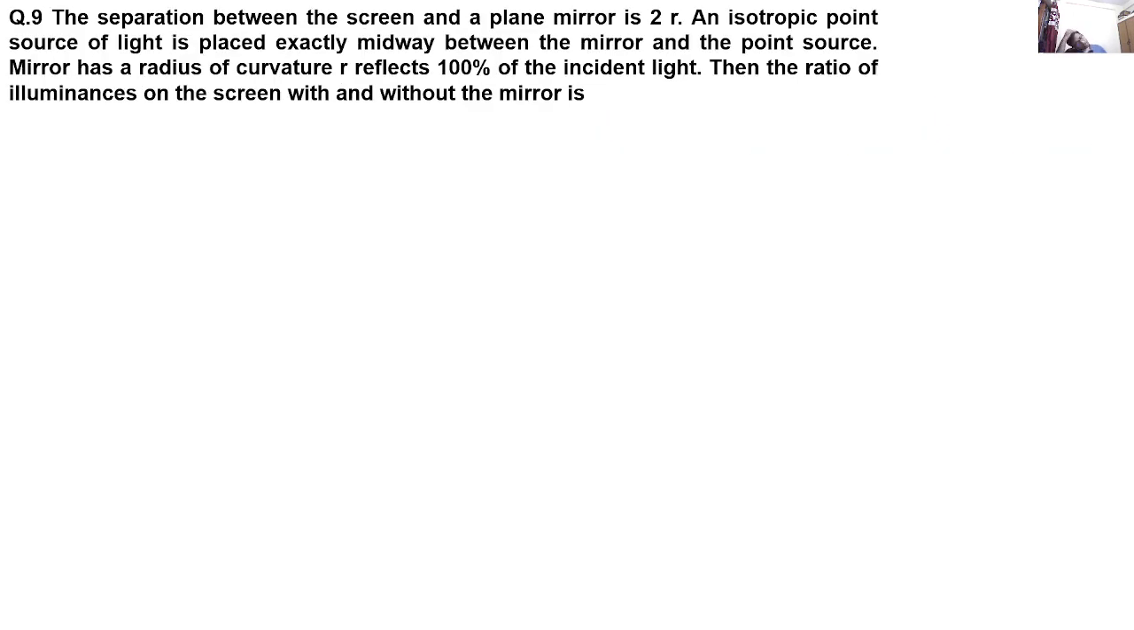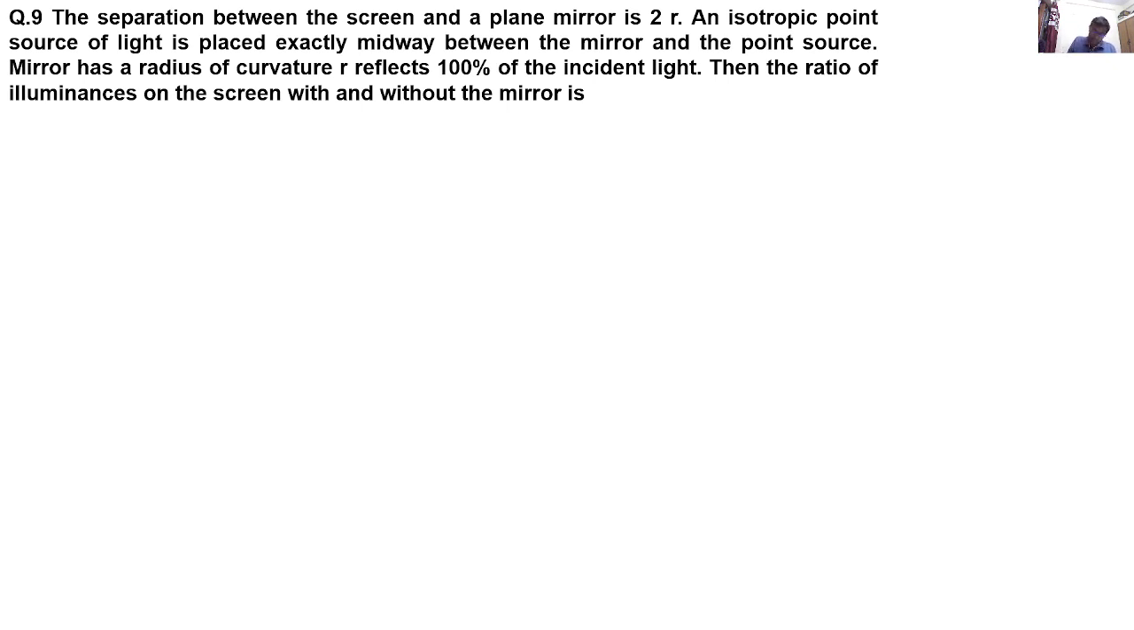The next question is again on similar concepts. The separation between the screen and a plane mirror is 2R. An isotropic point source of light is placed exactly midway between the mirror and the screen. The mirror has a radius of curvature r and reflects 100 percent of the incident light. Then the ratio of illuminances on the screen with and without the mirror is,